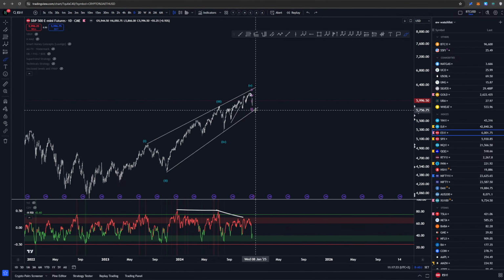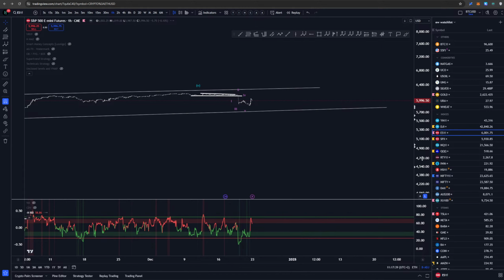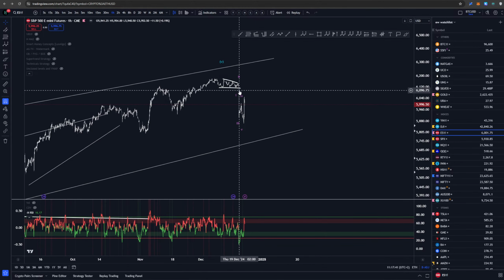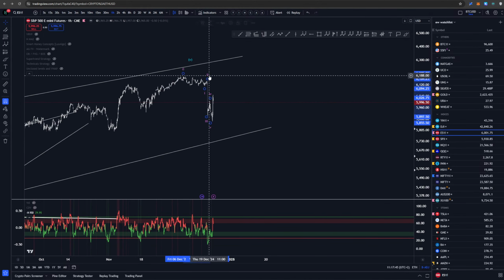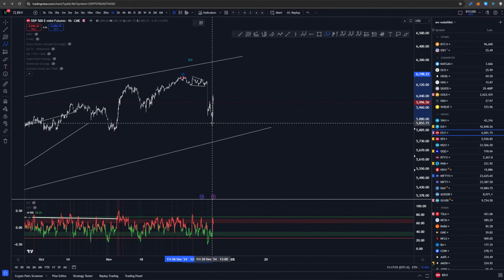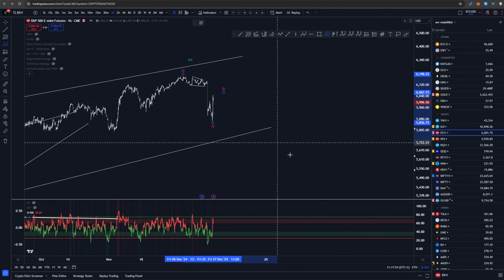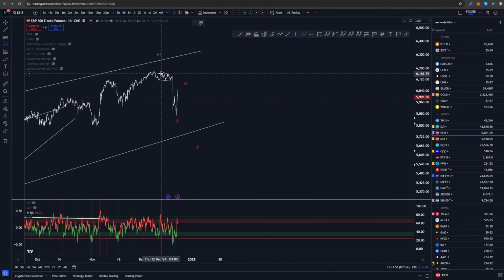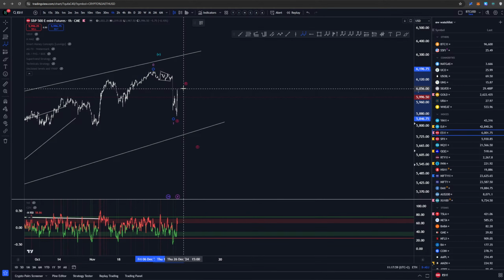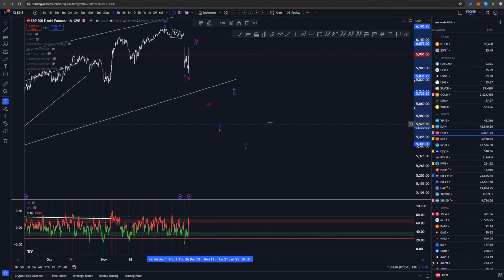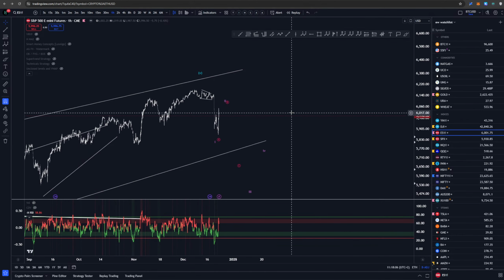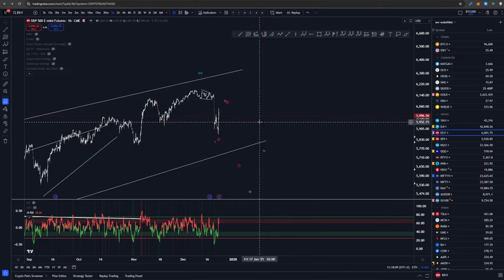Now, as this is a 5-wave structure, or it looks like it could be, there is very much of a chance where we are going to be getting a continuation. What that means is that since we have this here, we can be labeling this as 5 here. We could be looking for B and C. The bearish scenario is a 1, 2, 3, 4, and 5. How that happens, we are going to see just by looking at the structure.